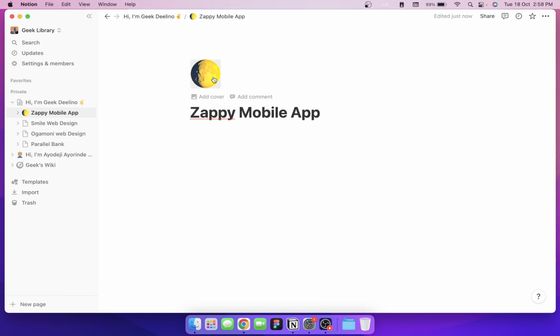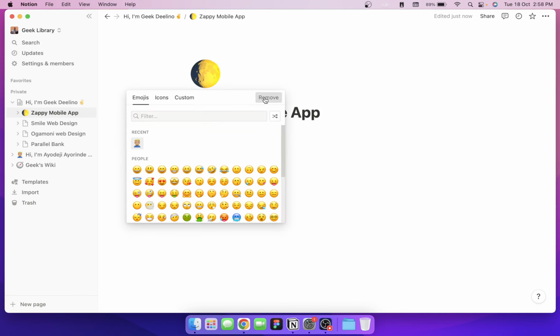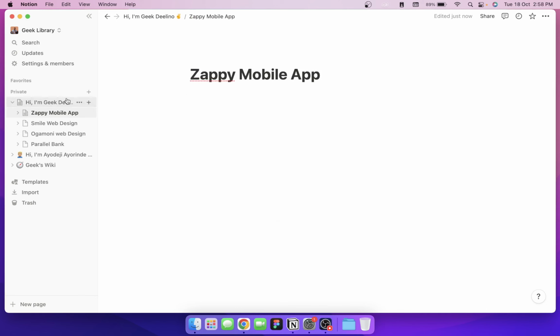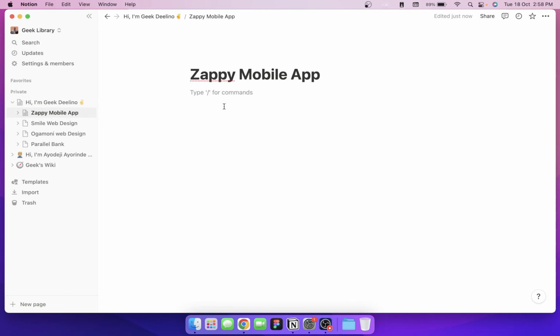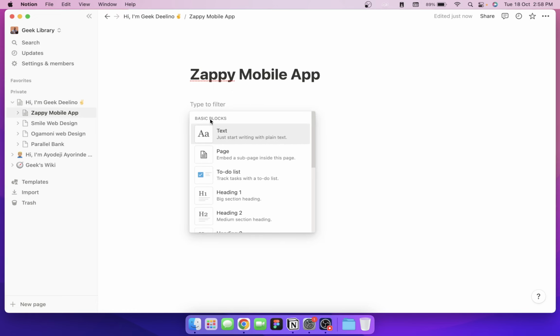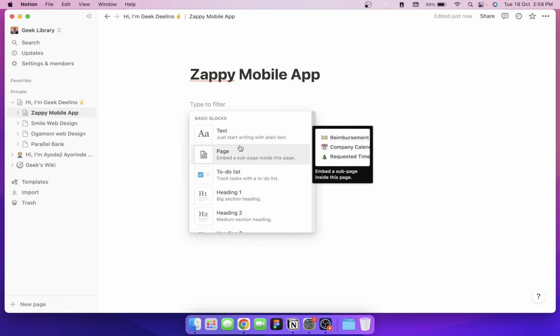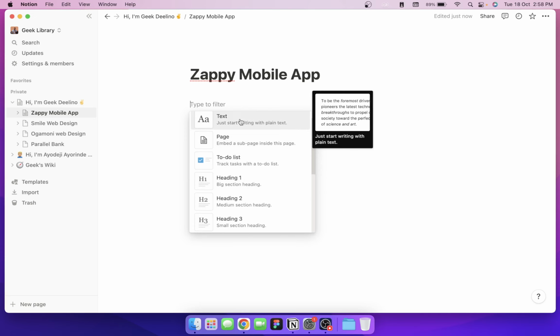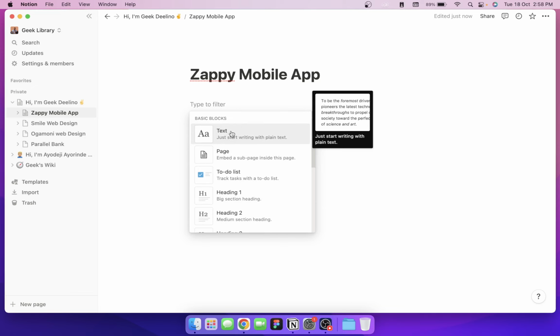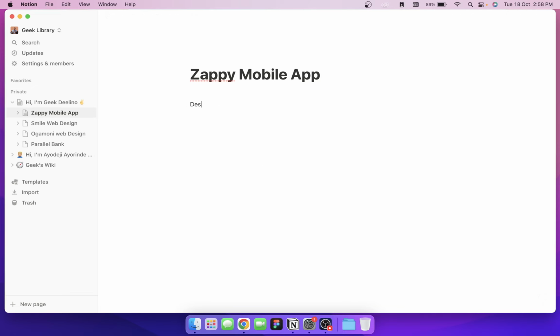All right, so I showed you guys how to go ahead and create this first page. You can always use these features or blocks, basic blocks on Notion, to build your products. In case you want to add like 2 images, let me say for example you want to put your design process. You can say your design process, or you can start with